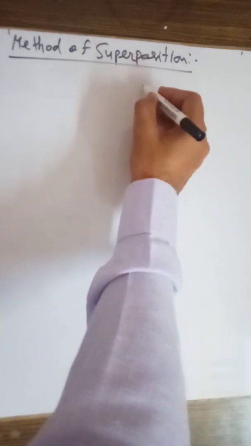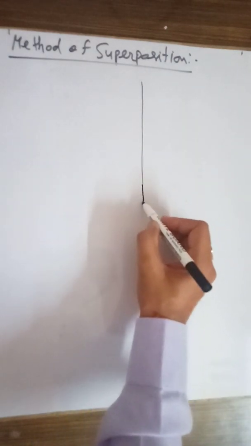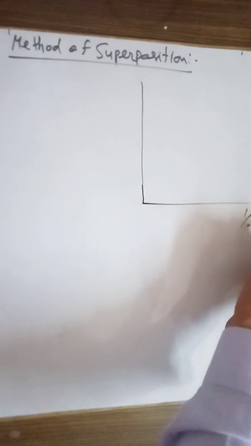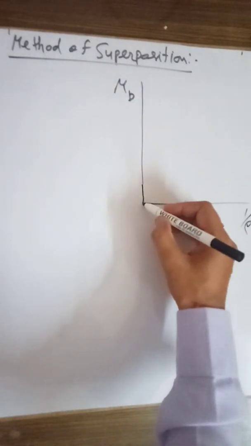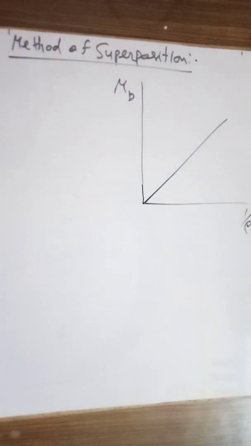The method of superposition is a popular method for finding the slopes and deflections based on the principle of superposition. If the response of a structure is linear, let's say here we have this particular structure. So this is 1 by rho, and M_B in this direction. So if we have a slope like this,